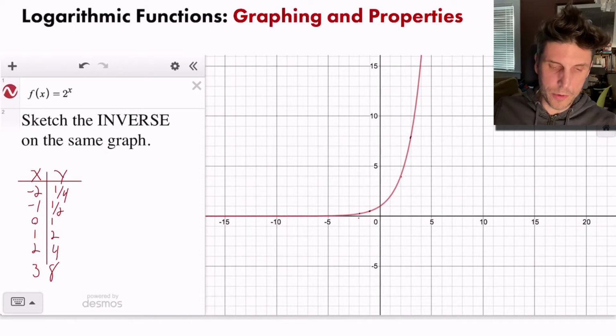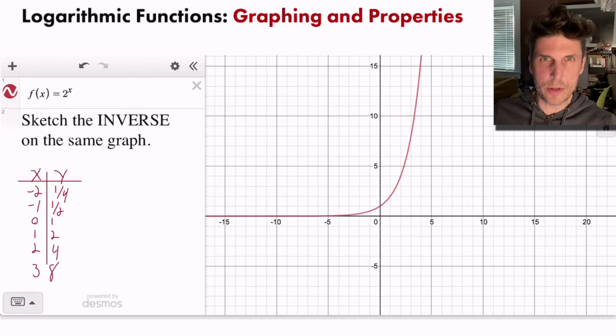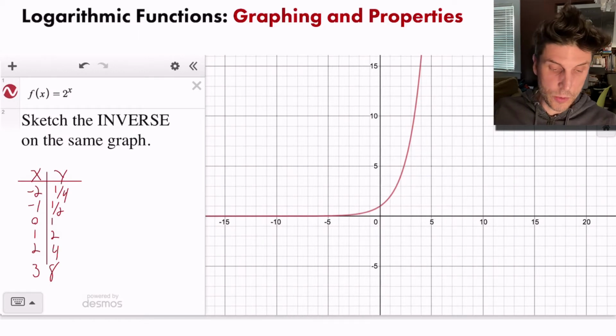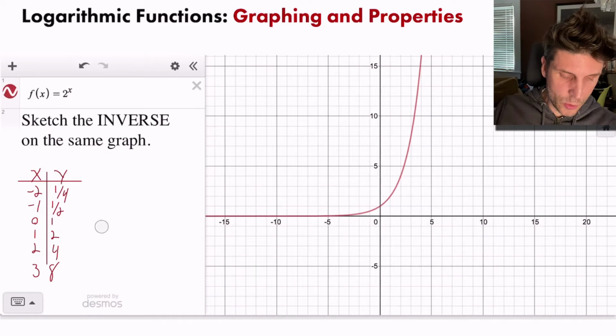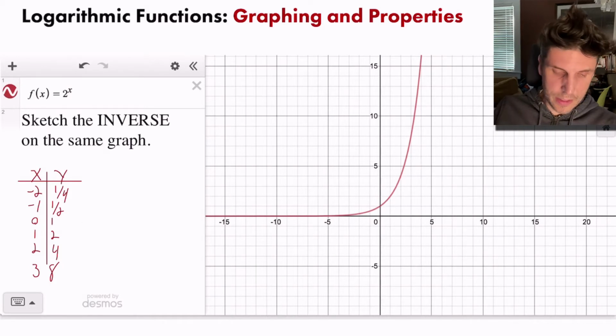So who remembers how to graph an inverse given a set of points? If you guessed, just take all of the x and y values and exchange them so y becomes x and x becomes y, you'd be correct. So the inverse,